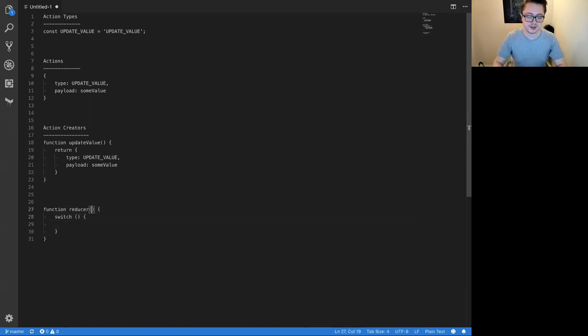Essentially, a reducer is going to get our state, and it's going to get some kind of action when it gets called. I realize these are very high-level examples, but when we actually get into coding Redux, it will do a lot of this for us, and it's going to hook it all together, and allow us to use all of this in context with our state. So a reducer is simply a function